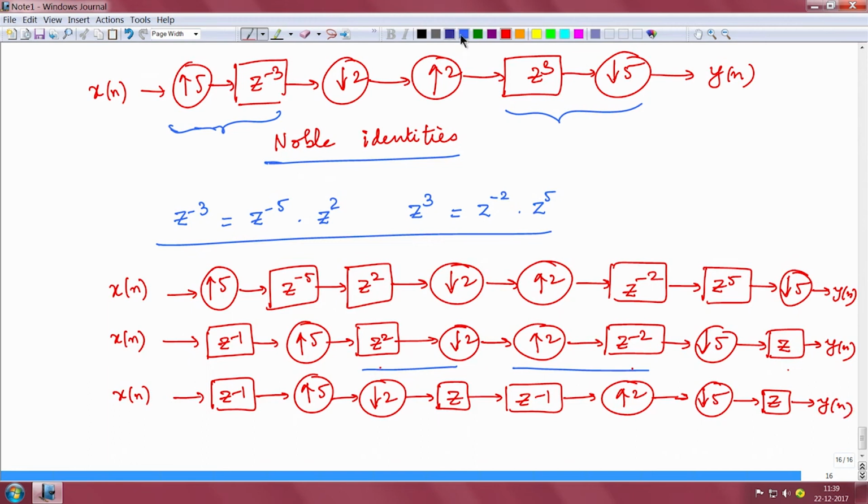So if we see here, these two are going to be identity, z followed by z power minus 1 is basically identity, and then we have